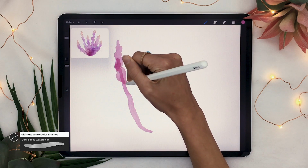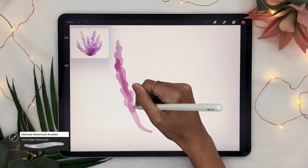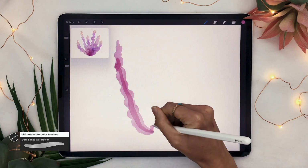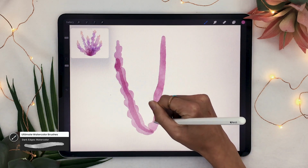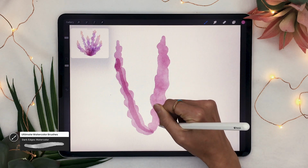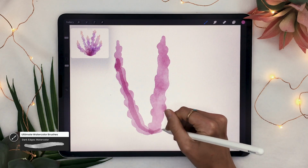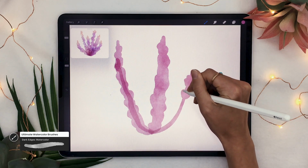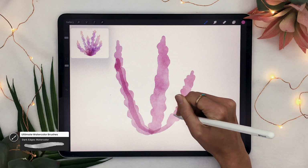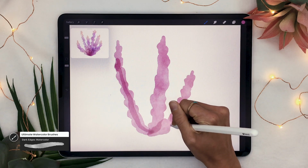And for this shape, all you're going to do is create some branches that look like the expanding foam that you would use in renovation projects. I don't know if you know what I'm talking about, but it's really just kind of a scraggly little shape. So you're going to draw a bunch of different branches and just make them look scraggly by adding blobs on